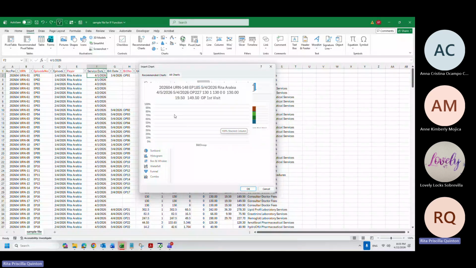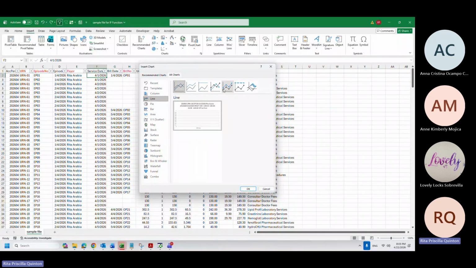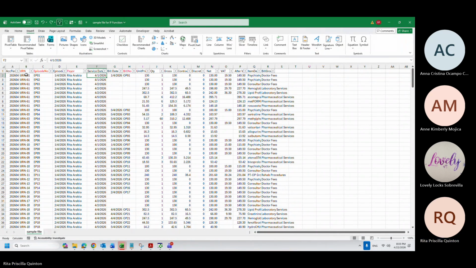It's going to look like this and it's a mess. So I recommend that we first use a pivot table to tell Excel what we need.